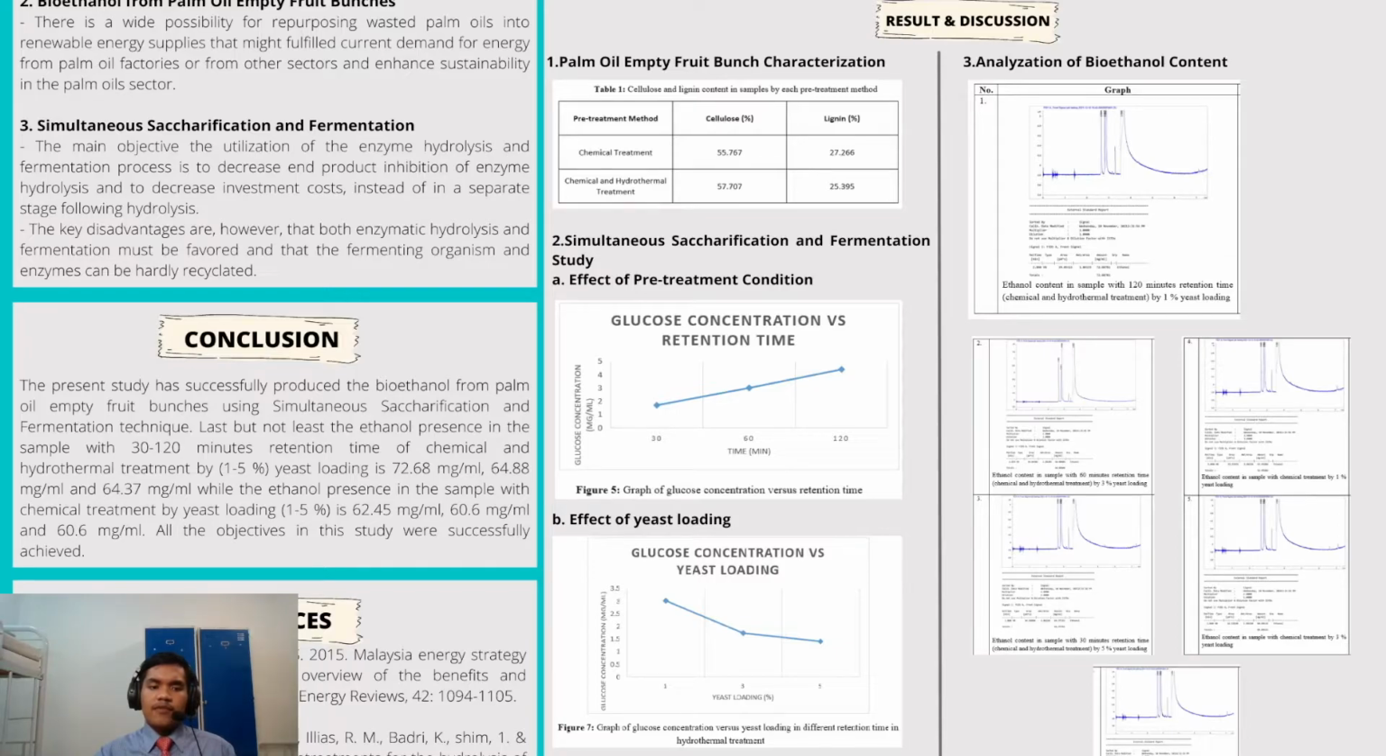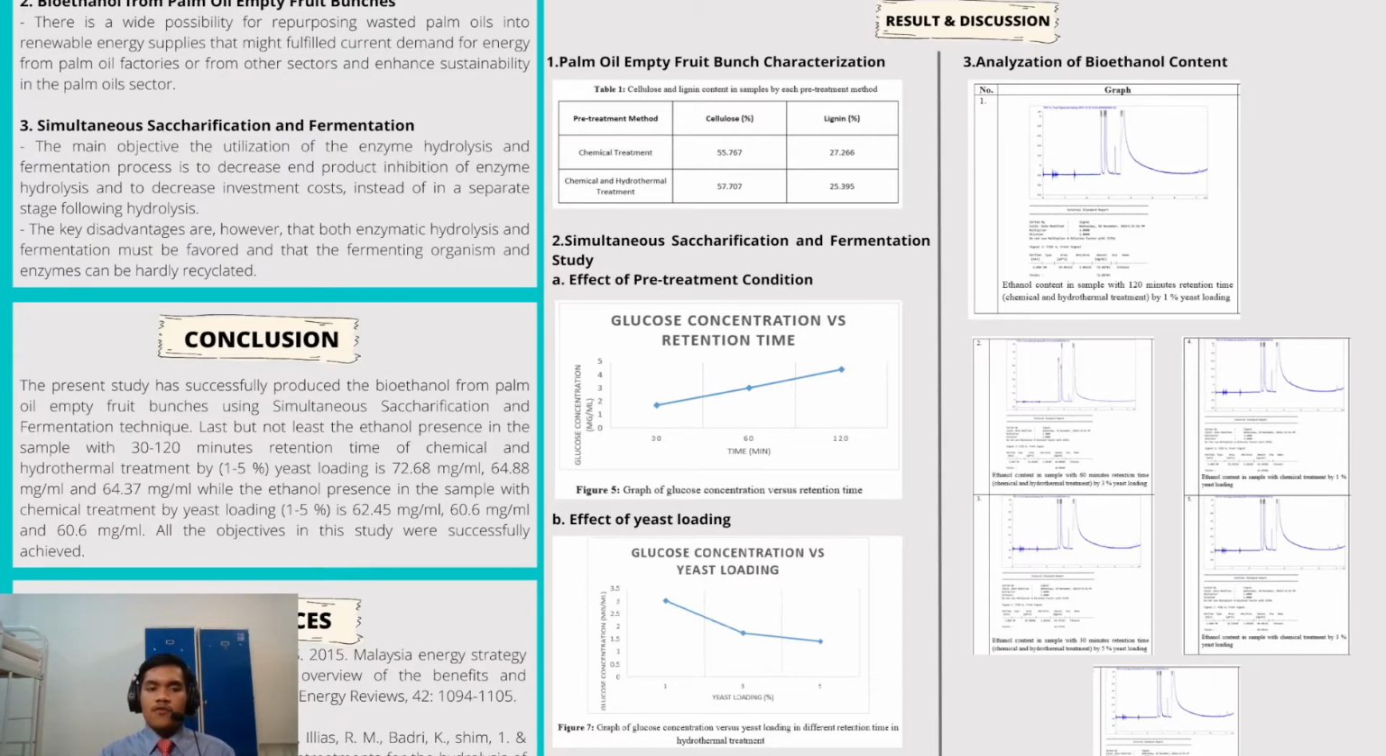For graph number 5, ethanol content in the sample with chemical treatment only by 3% yeast loading. The graph illustrates the highest peak area at the 2.86 minute of retention time with 32.53 PA value at the y-axis. Therefore, the amount of ethanol present in the sample with chemical treatment by 3% yeast loading is 60.6 mg per